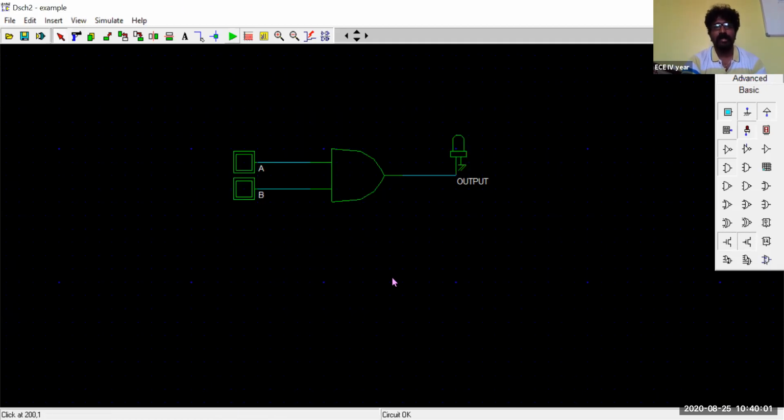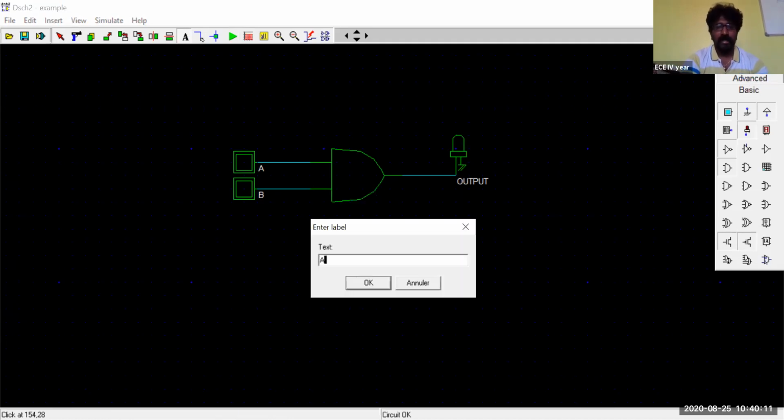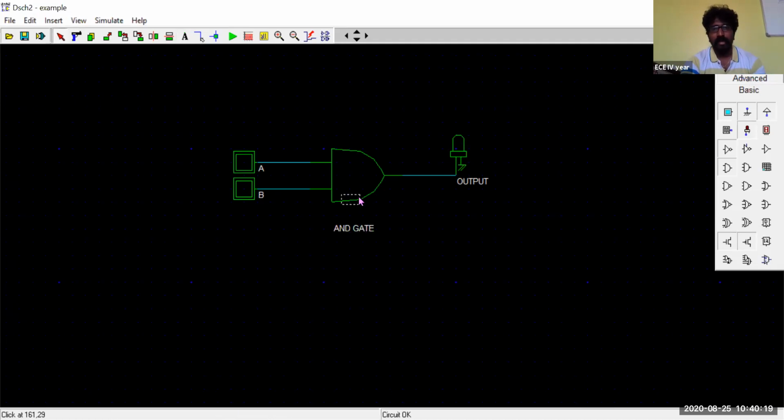So now you can try to simulate it. You can even name this one. I have talked about this text symbol, right? You can click on this one. Once you click on the device, wherever you want to name it, you can name it AND. I don't know whether the entire thing will fit in that one or not. Yeah, okay, now it has come over here. You can put it even inside this AND gate. Okay, this is how you should give the name for this and any of the designs.